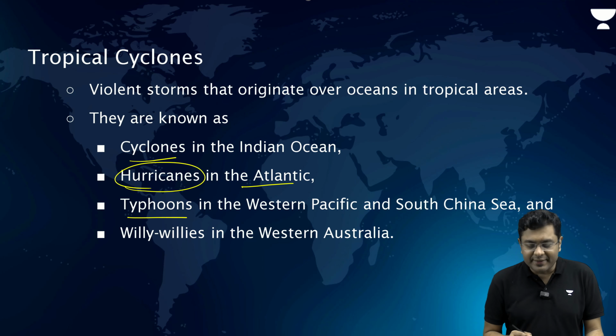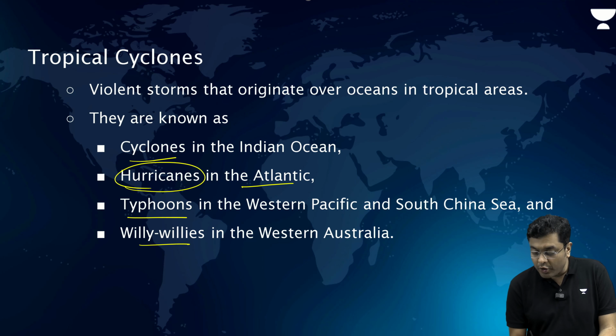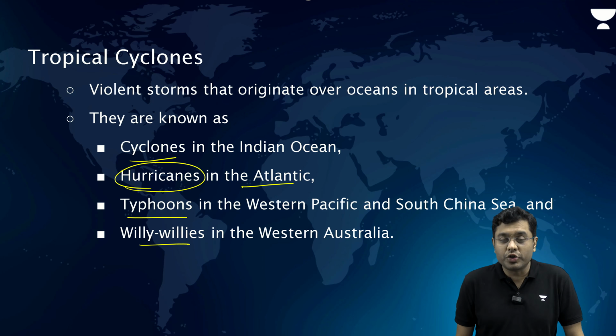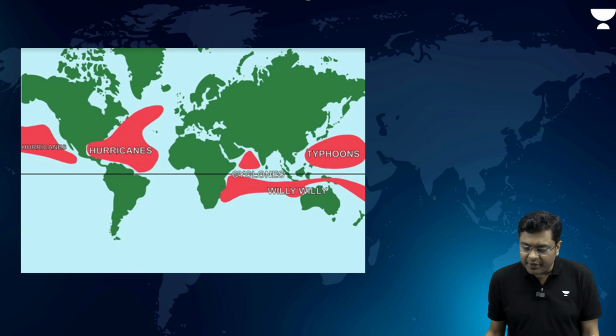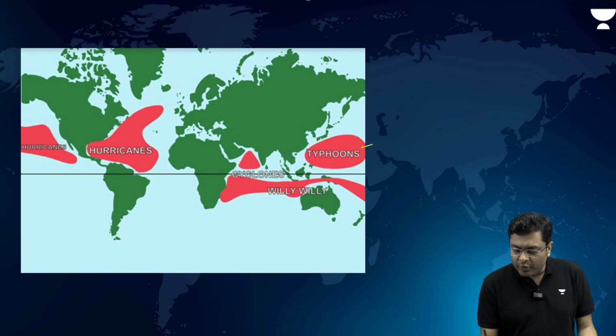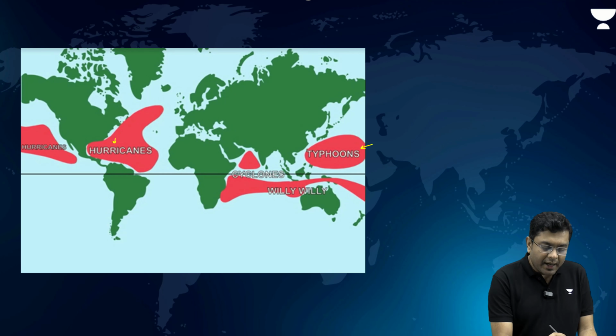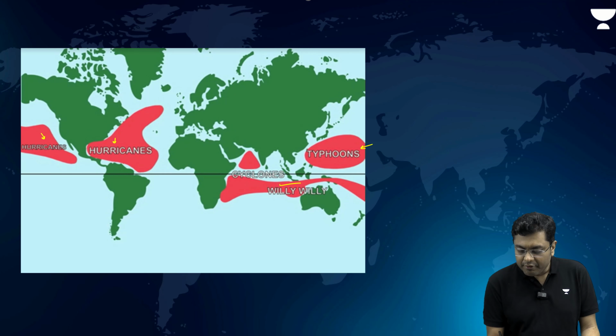And if such occurrences are observed in the region of Western and Northern Australia, they are known as willy-willies. So that is how the naming is different, but the phenomenon is the same. As you can observe here, it is known as typhoons in this region, hurricanes in this area, willy-willies, and in the region of the northern Indian Ocean, be it the Arabian Sea or the Bay of Bengal, it is known